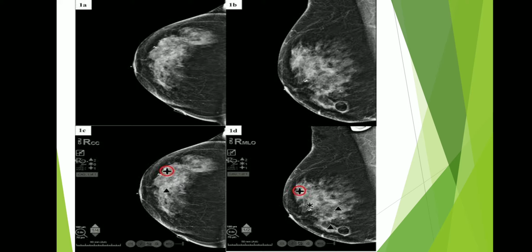For example, it is an example image of CAD for breast cancer detection. You can see there are two types of images, and for comparison it is given how CAD helps to identify the abnormal areas. You can see 1A and then 1C. You can see that both are similar images, but in 1C there is a plus symbol, which is circled by a red circle, highlighted by a red circle. You can see.